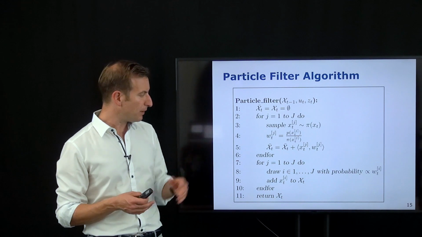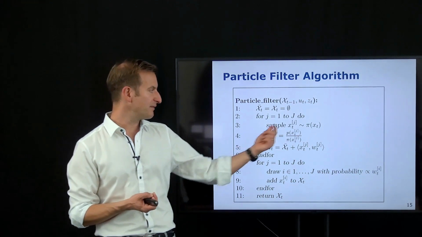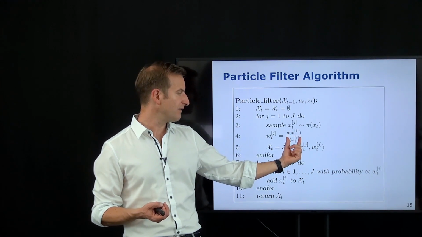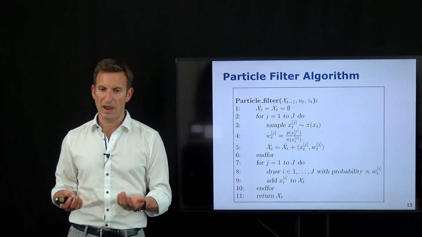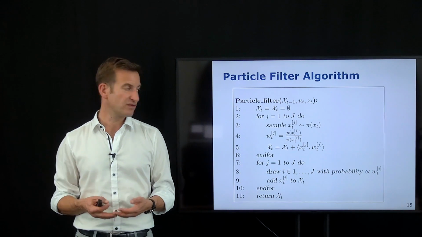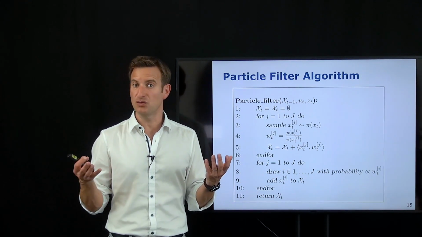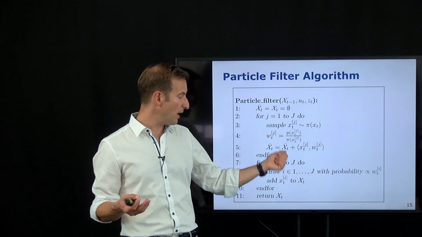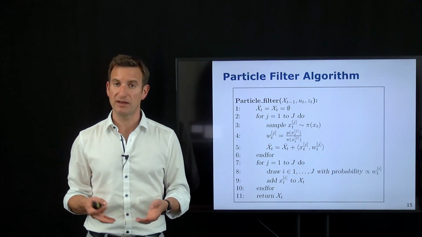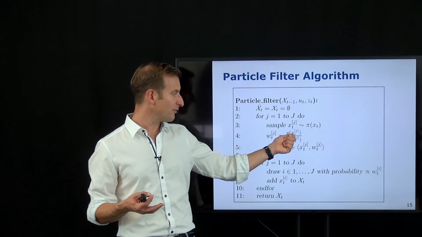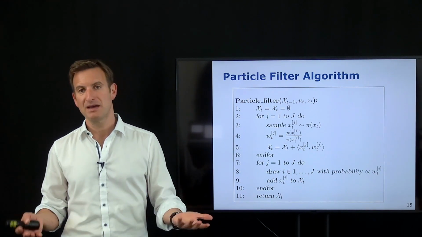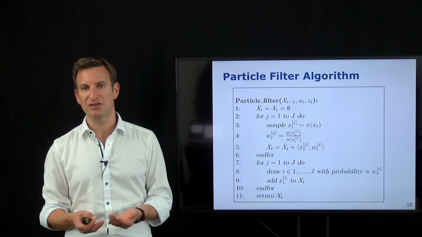And this is the general particle filter algorithm, where we as the user have to define the proposal distribution and then derive how target divided by proposal looks like in order to compute the weight in an appropriate way. If we were able to draw from the target distribution itself, that would be trivial. We would just need to draw those samples. There would be no weight, and I could skip the resampling step, because all samples would have the same weight. So if we could draw directly from our target, these steps wouldn't be needed. We could just represent our target distribution with samples. In practice, however, that is often not the case. We cannot sample from our target.